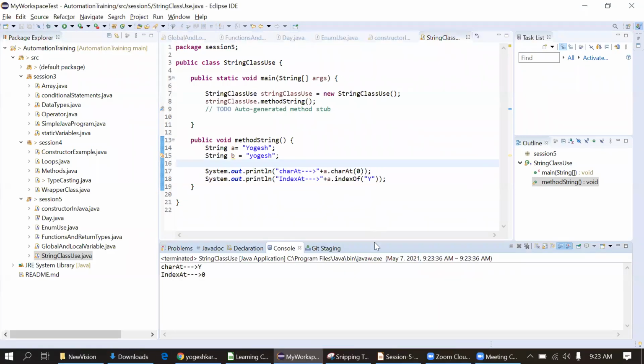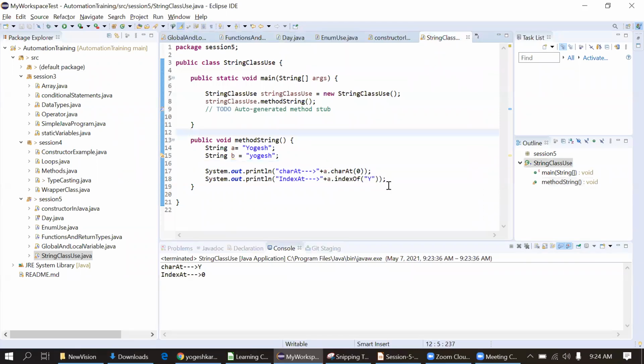Am I audible? Actually, I lost my power here. Okay, I connected a mobile hotspot now. So this is the second method.